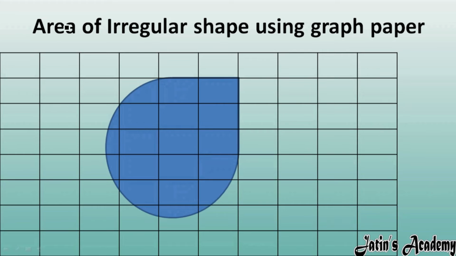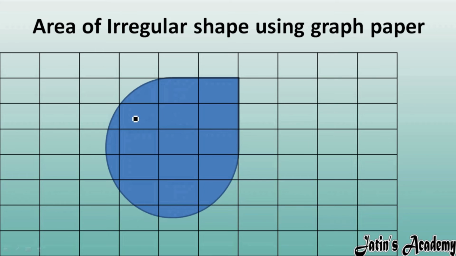So what is the method to calculate the area of an irregular shape? The method is by using a graph paper. For example, this is a graph paper and this is a grid. This one box is of 1 centimeter square area. Here the length is 1 centimeter, and the breadth is also 1 centimeter. So area will be length multiplied by breadth, that is 1 centimeter square. So the area of one grid is 1 centimeter square. Now we have to find the area of this leaf.